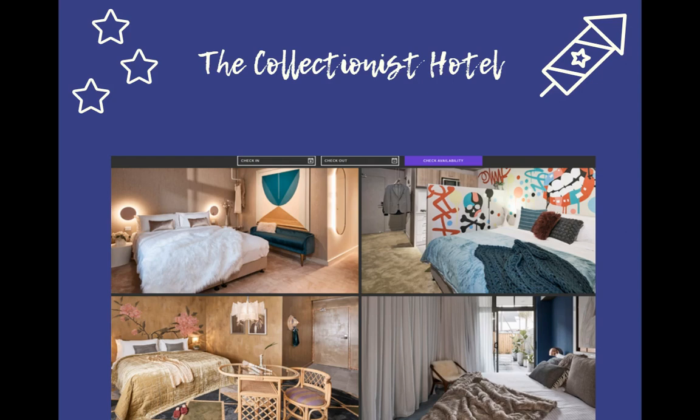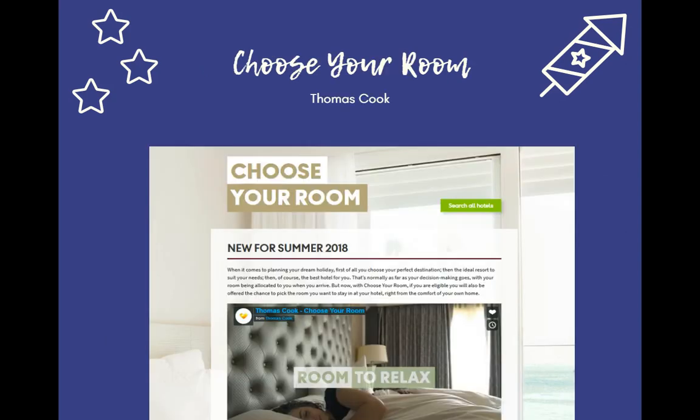Now, that's a one-off boutique hotel, but what about a big mainstream package holiday provider? Surely they can't include any customization. Well, this year, Thomas Cook introduced the ability to pre-select your room in about 75 hotels. So let's say you prefer a specific room on the ground floor with easy access to the pool. You could select that a week before travel online from about £30.